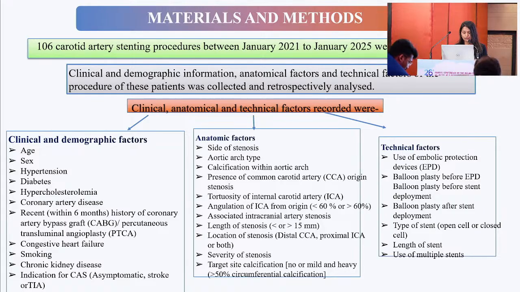Anatomical factors recorded were side of stenosis, aortic arch type, calcification within the aortic arch, presence of CCA origin stenosis, tortuosity of ICA, angulation of ICA from origin, associated intracranial ICA stenosis, length, location, severity of stenosis, and target site calcification. Technical factors recorded were use of embolic protection device, balloon